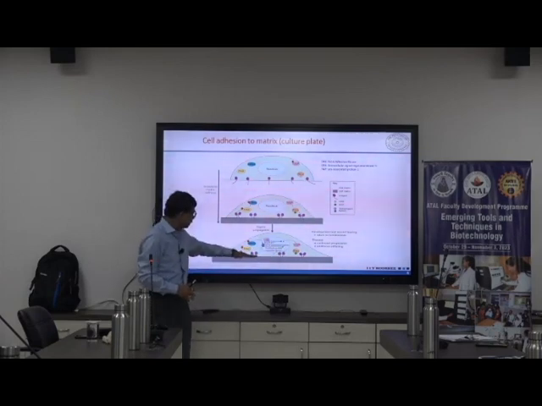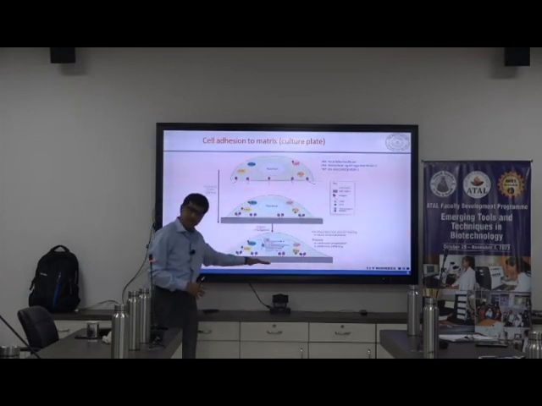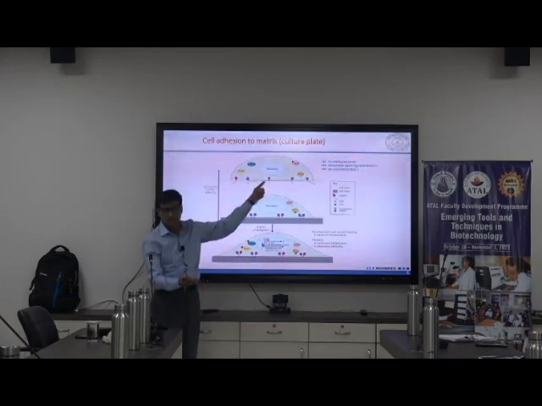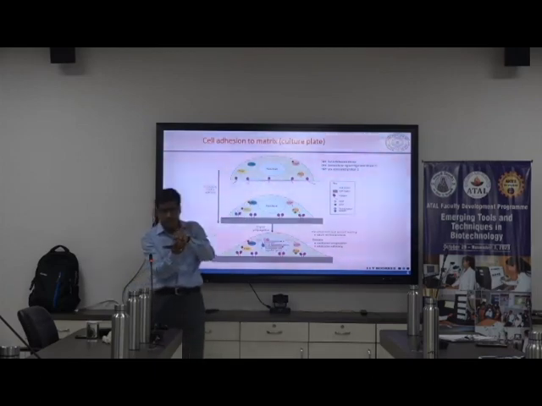So if I inhibit the interaction of these cells with the matrix surface, what will happen? This pathway will not be there, and this cell will remain like this. It will not divide, it will not differentiate. So you have to provide a proper matrix surface for the cells to attach, and if they attach to the matrix surface,